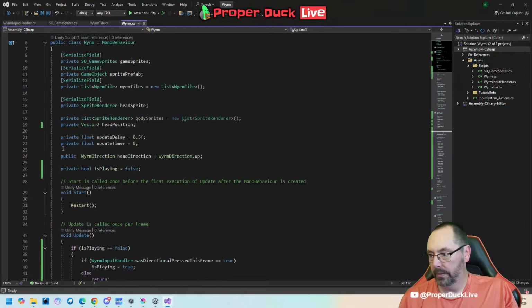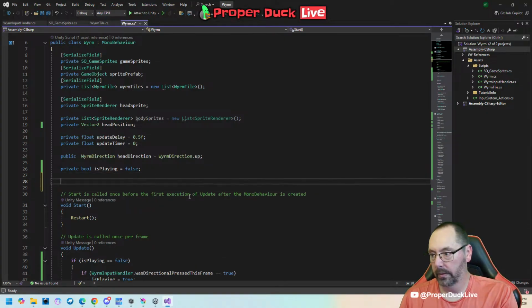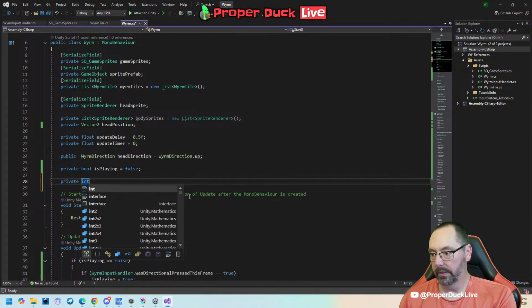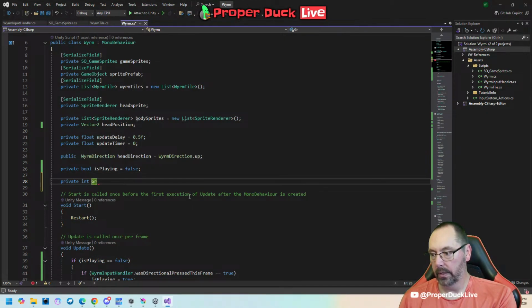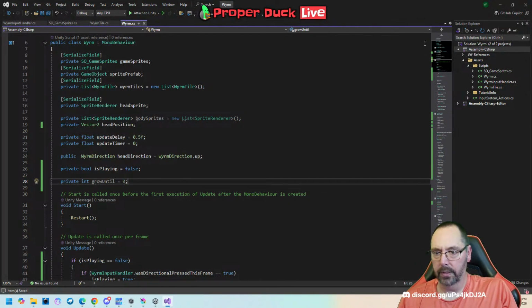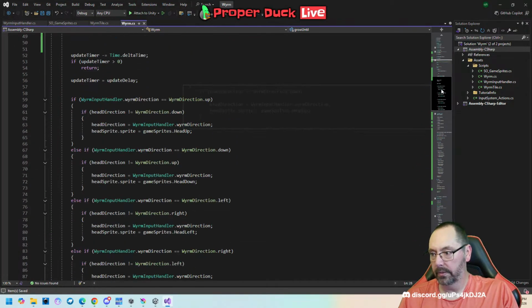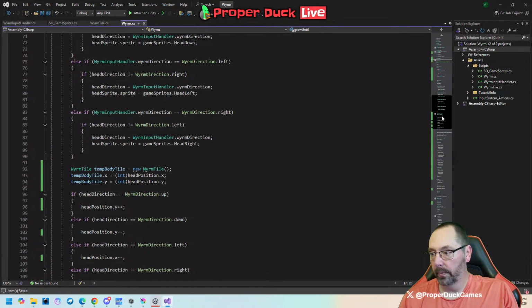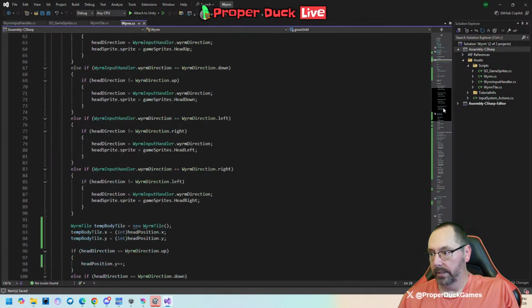I need an int, private int, grow until, and it's going to be 0 for now, and then I'll change that to see if I can make it. It's currently growing now, but I don't want it to stop growing after a certain amount of time. So as I'm moving,